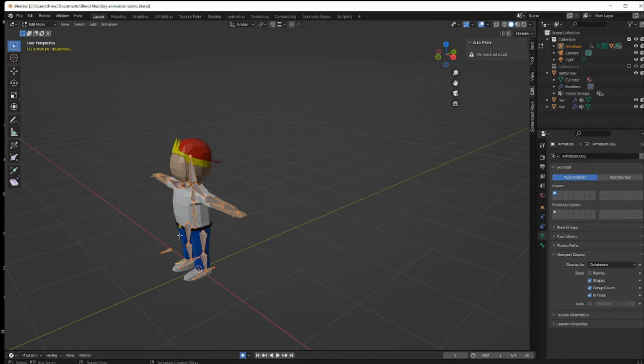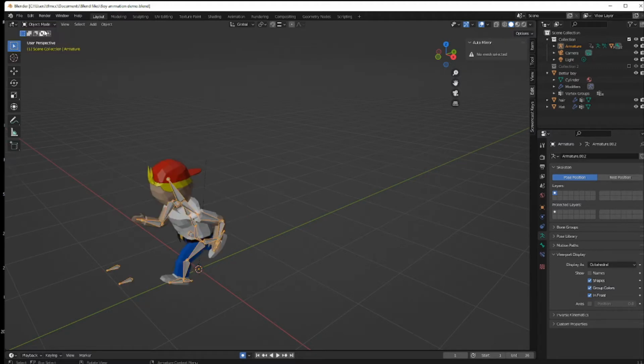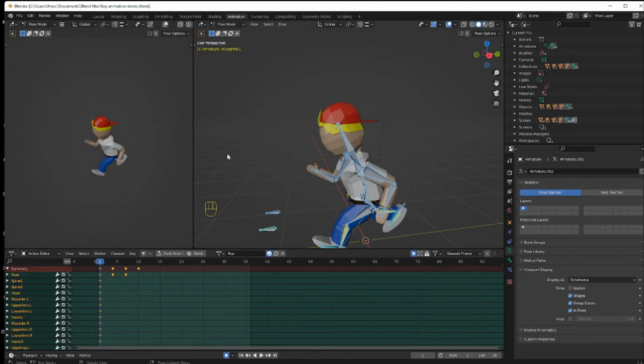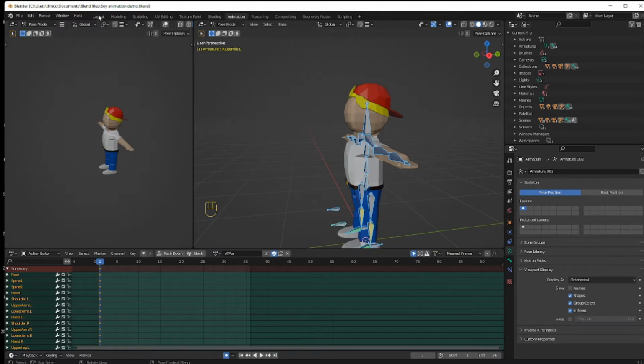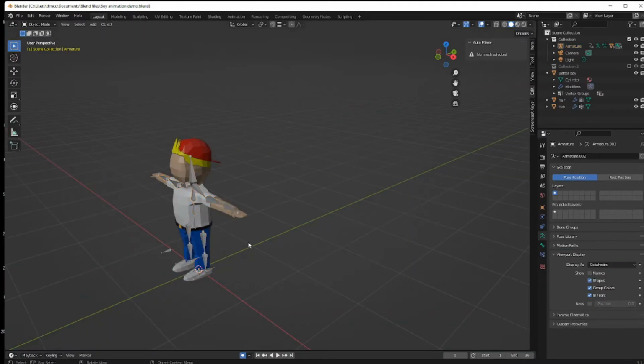I don't want to work on the layout in this situation because as soon as I go back to object mode, boom, it goes back to the new position. I can't work on it like this. So if that happens, all you have to do is go back to animation, click the drop down, go back to TPose, go back to my layout, and now I am in my TPose